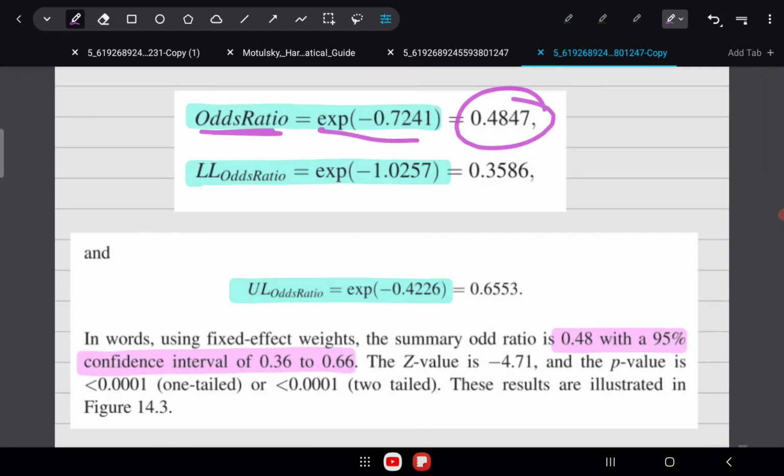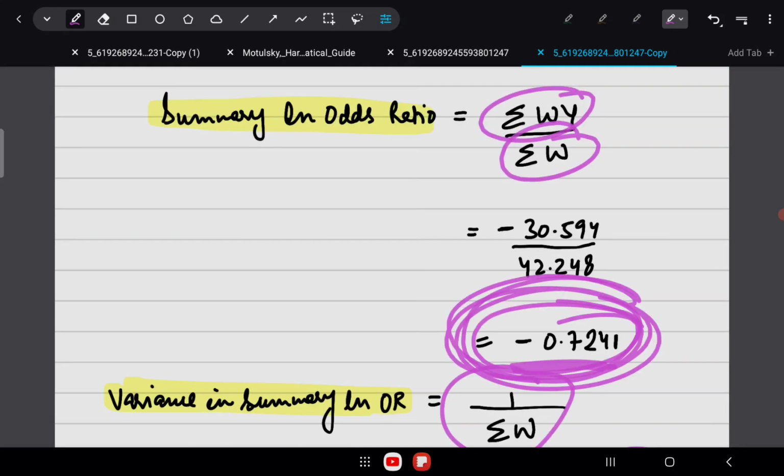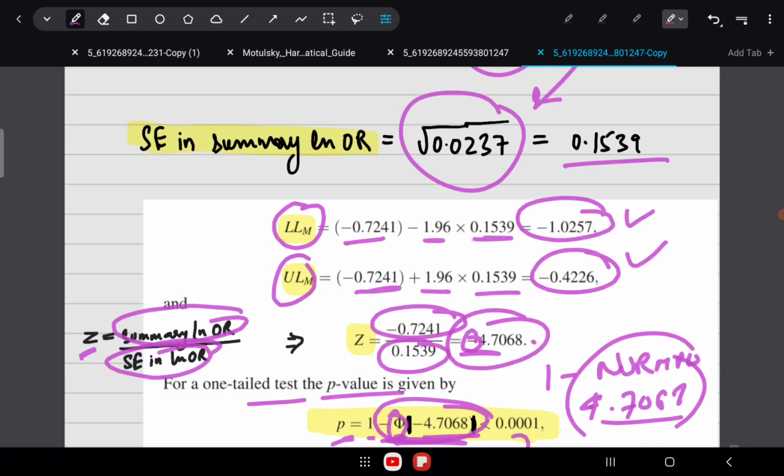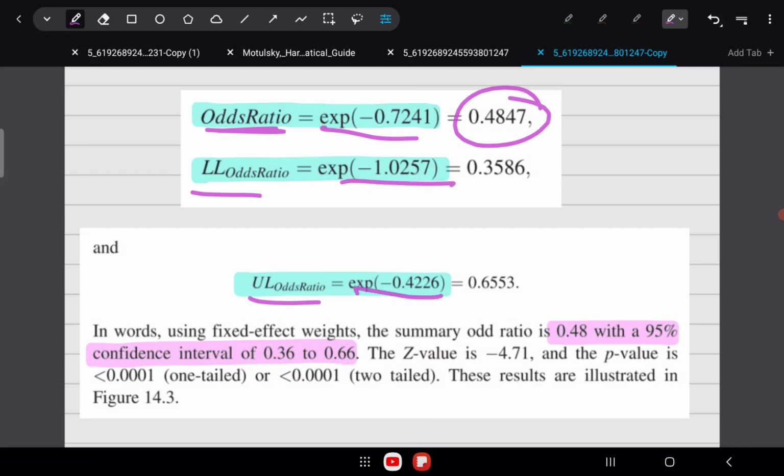Okay, because it just makes more sense, it is more interpretable, right? You cannot easily interpret a natural logarithm of an odds ratio as you can interpret the odds ratio itself. Similarly, for the lower and upper limits, you can take the exponential of them. So this was the lower limit, minus 1.0257, and this was the upper limit of the summary logarithmic odds ratio, minus 0.4226. You can take the exponential of them also to represent the lower and upper limits of the